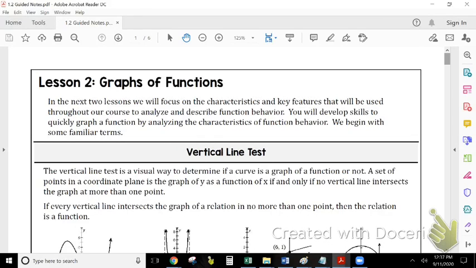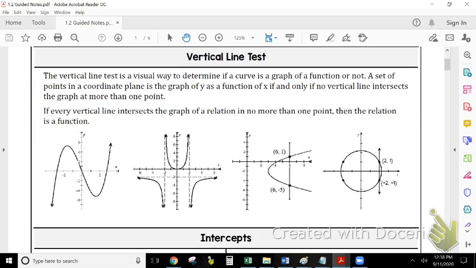some familiar terms. So the first thing it's going to talk about here is our vertical line test. And so if you don't remember, the vertical line test is a visual way to determine if a curve is a graph of a function or not. A set of points in a coordinate plane is a graph of y as a function of x if and only if no vertical line intersects a graph at more than one point. If every vertical line intersects a graph of a relation in no more than one point, then the relation is